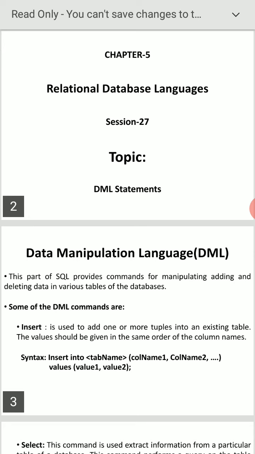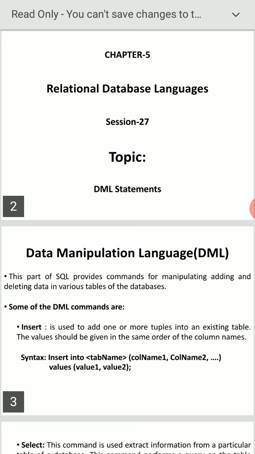I have taken employee, column name 1, column name 2, and so on, where value 1, comma, value 2, you have to give. For example, insert into employee, within a bracket you write employee number, comma, employee name, comma, salary, values within the bracket 3, C, 15,000. The table is already created with two tuples, 1 A 5,000 and 2 B 10,000.